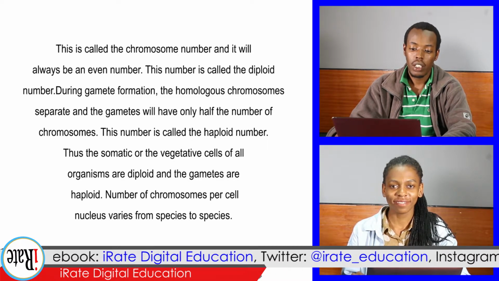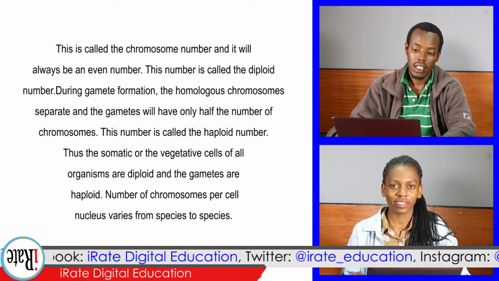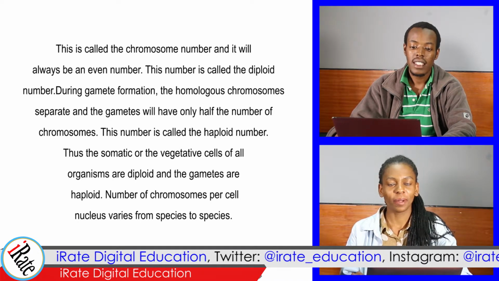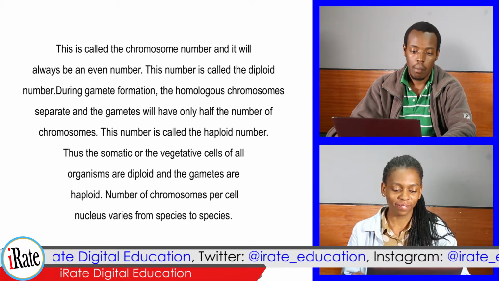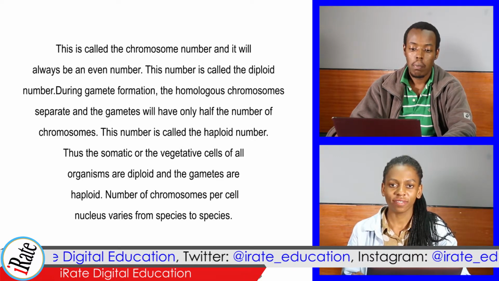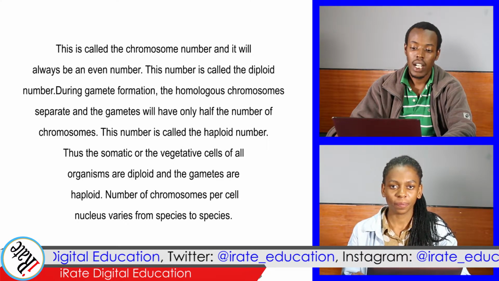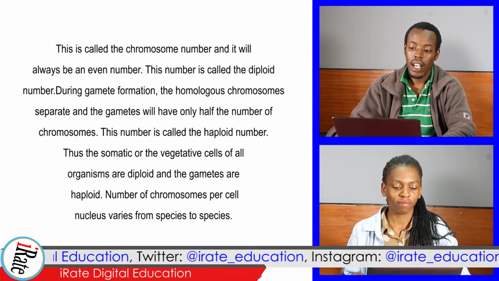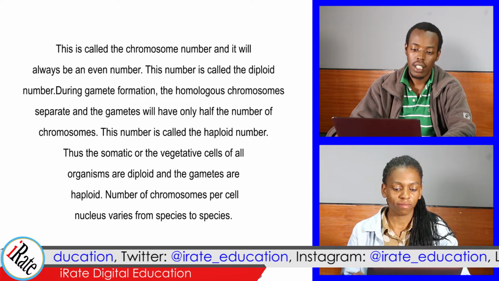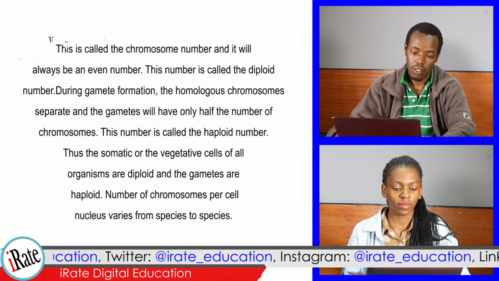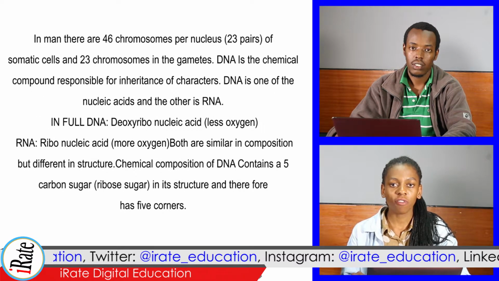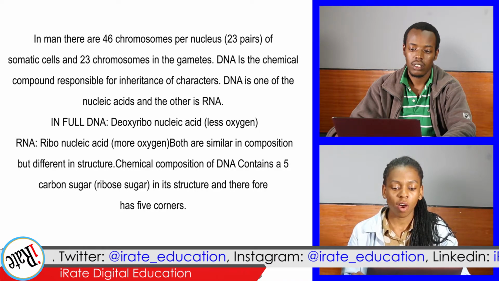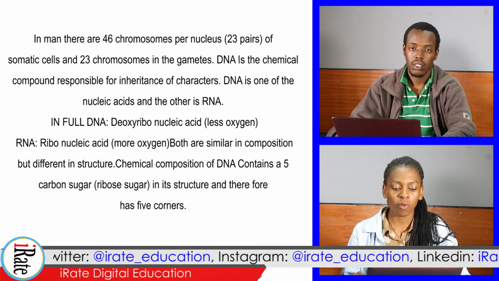During gamete formation, the homologous chromosomes separate and the gametes will only have half the number of chromosomes. This number is called the haploid number. Thus, the somatic or the vegetative cells of an organism are diploid and the gametes are haploid. The number of chromosomes per cell nucleus varies from species to species. In man, there are 46 chromosomes per nucleus, that is 23 pairs, in somatic cells and 23 chromosomes in the